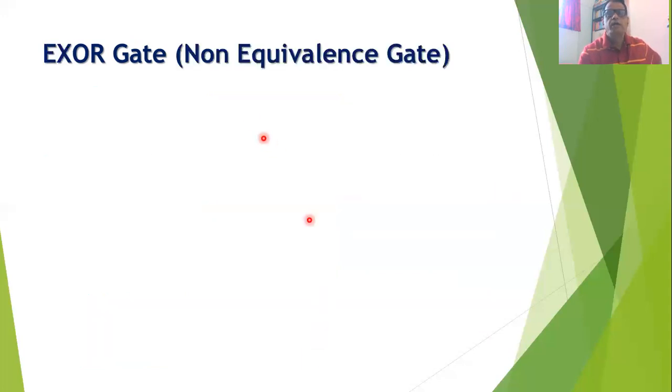Now we will go for another derived gate, and this gate is called an exclusive OR gate, or many times you will find that this gate is also called a non-equivalence gate. Exclusive OR gate can be made by making the combination of AND gate, NOT gate, and OR gate. So here we will require three such gates, and by making the combination of three such gates, we can construct the exclusive OR gate. Now, the earlier OR gate that we have discussed in the basic gates is called an inclusive OR gate. And this OR gate is called an exclusive OR gate.